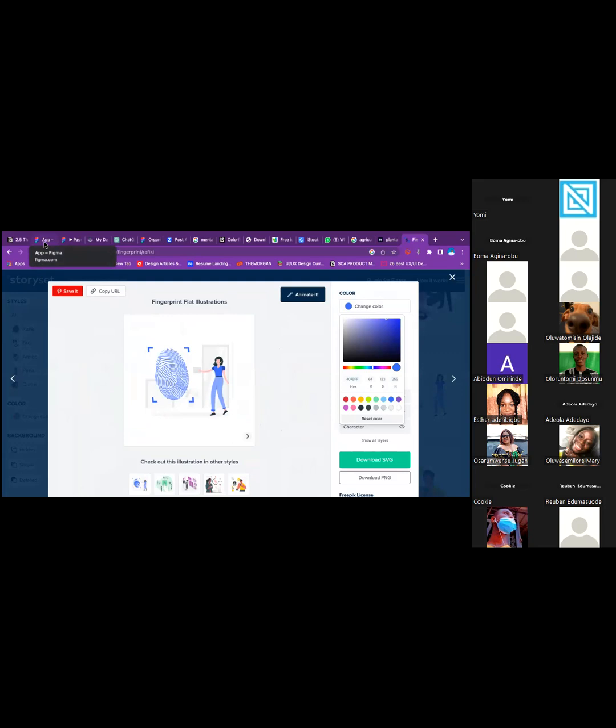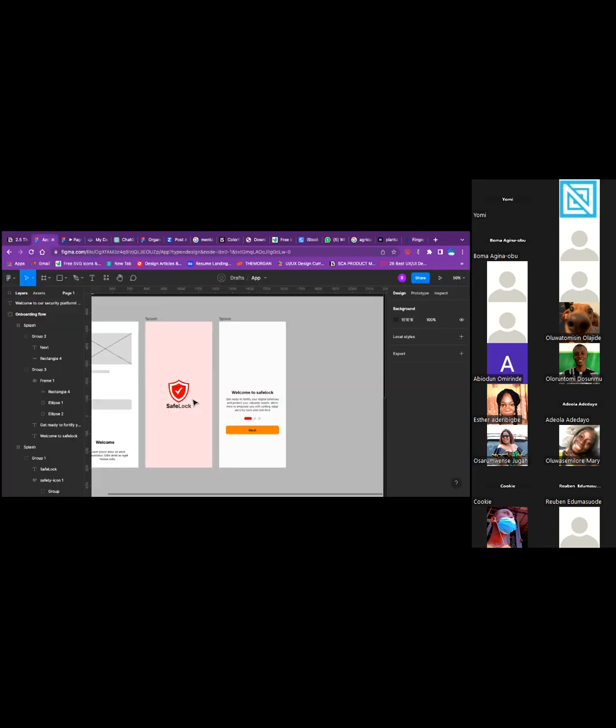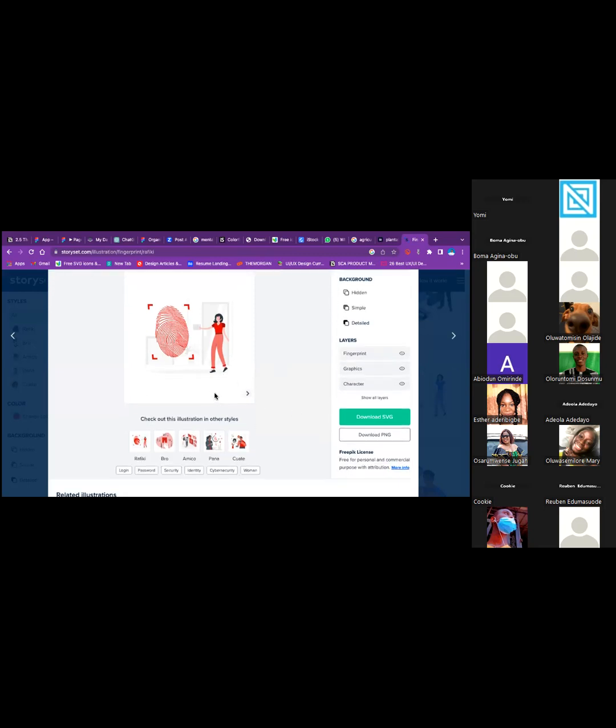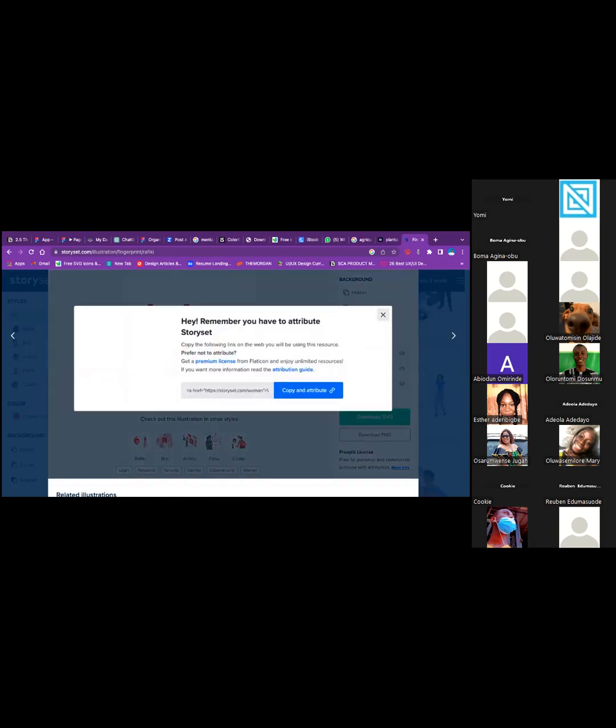So I'll go back to my app and I would try to use this exact red color. I want all my illustrations to have the red color. So I'll come here and change the color. This is the original color. I'll delete all of this and put my red color. Anything I'm downloading should carry that red color. So I'm going to download as SVG or PNG. Now, the reason why I'm downloading it as SVG,